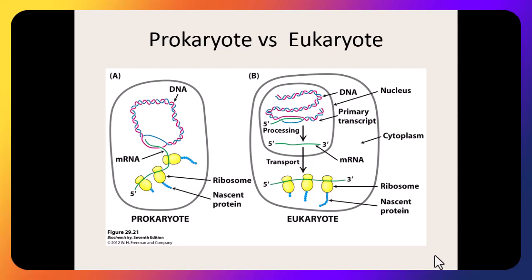And it's going to make messenger RNA. So that's the green strand. Then it's still going to have ribosomes, which are a little bit smaller in a prokaryotic cell. And the ribosomes, which is showing 3 different ribosomes, all reading the same message at the same time, still making the protein. Nascent just means building. So these are like building proteins. They're still growing. The only main difference in